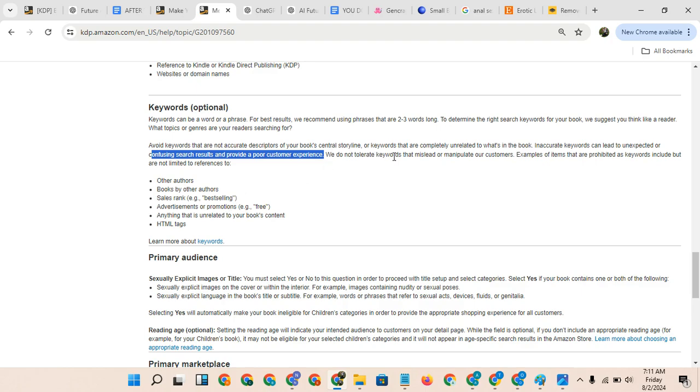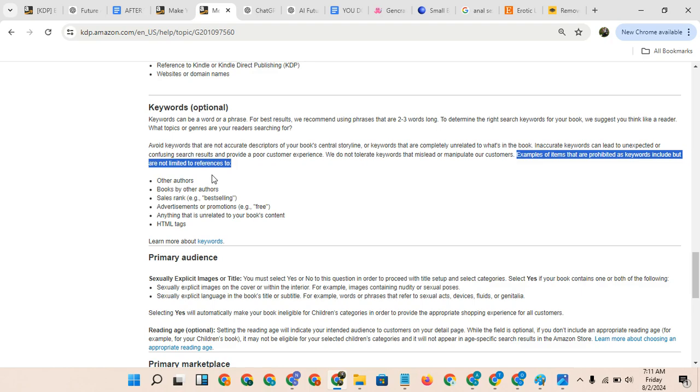We do not tolerate keywords that mislead or manipulate our customers. Examples of items that are prohibited as keywords include, but are not limited to, the reference to other authors. This is number one. Let's say, for instance, for people that know how to model a book, you feel